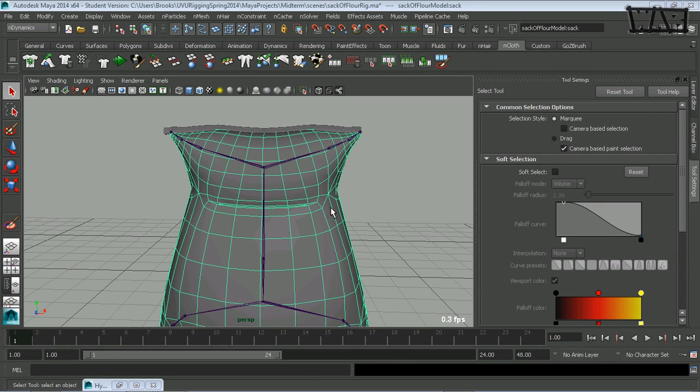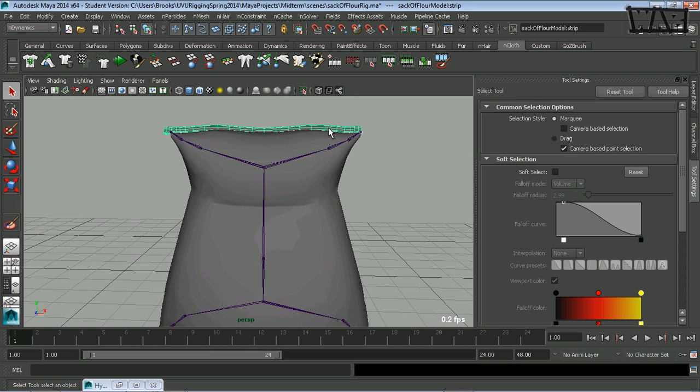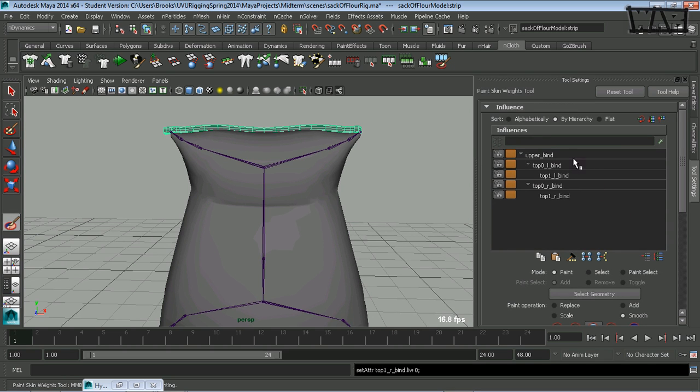So what I was saying is if I were to change which mesh I have selected, and because this mesh up top is only being controlled by these top joints, remember? So if I go back to my paint skin weights tool by pressing Y on my keyboard, I'll see a list of only the top joints of my joint hierarchy, because they're the only ones that are affecting this mesh. Okay, now